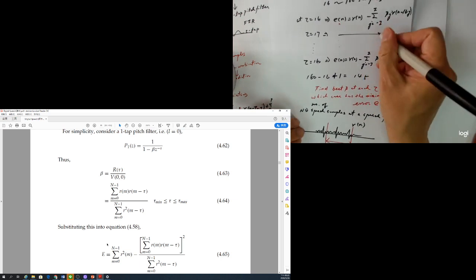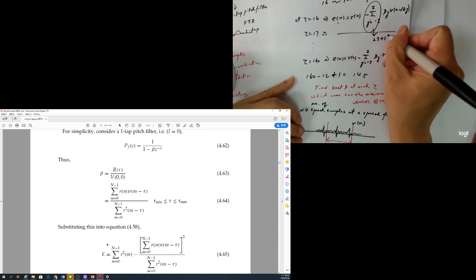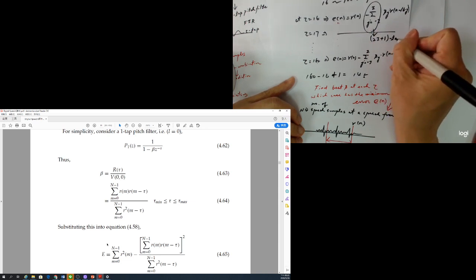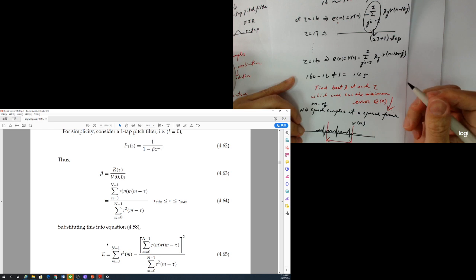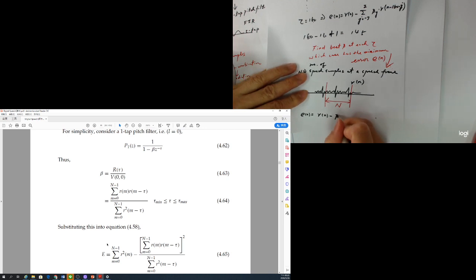How do we call this one? This one we call the 2i plus 1 tap, like a pitch filter. So right now, only one tap. One tap is just beta, just one coefficient to do the prediction. So we have r of m